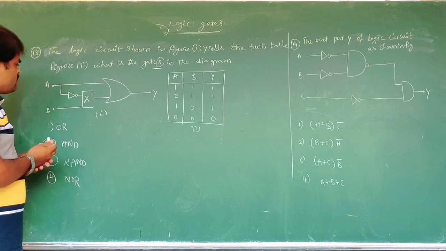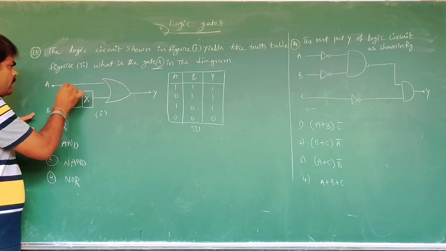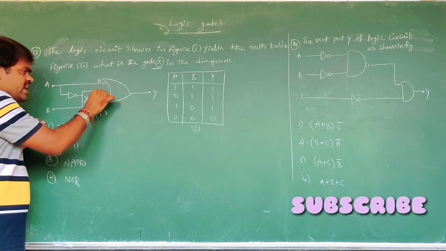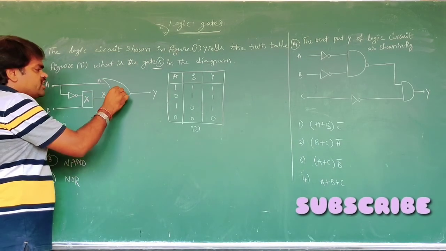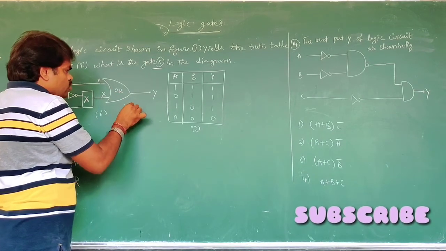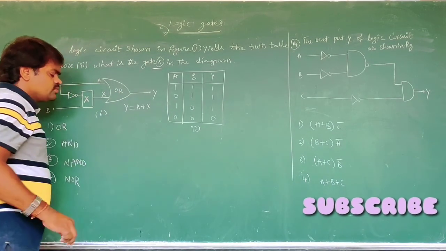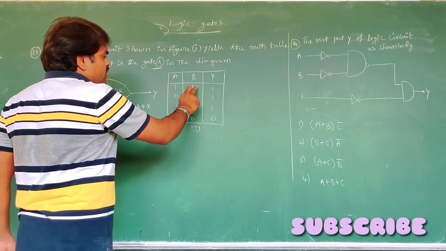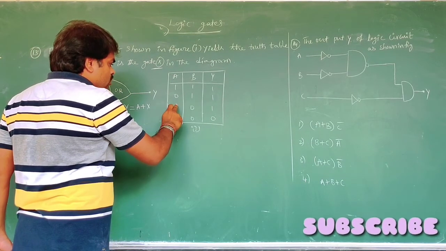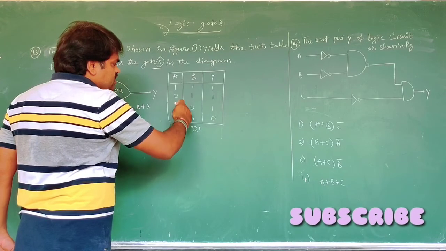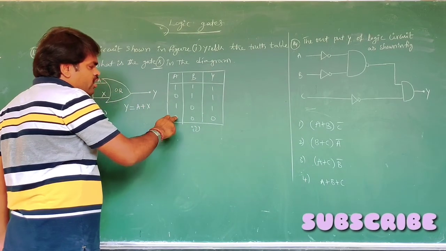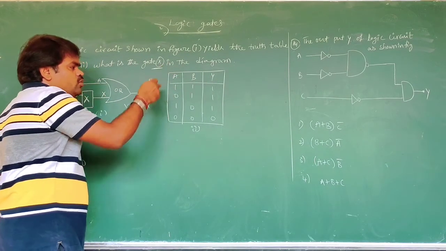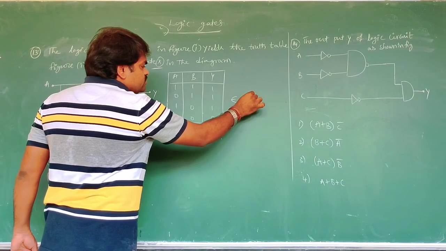Now here, first in the diagram we can see A, here A, here B. The output of the X gate we consider as X. That's why it is the OR gate. That OR gate we can represent as what? A plus X. Then we are finding X. But the truth table of this circuit is given. Here 1 plus 1, 1, 0 plus 1, 1, 1, 0, 1, 0, 0. But in this table, if any one of the inputs is high, the output is also high. That's why this table belongs to the OR gate.